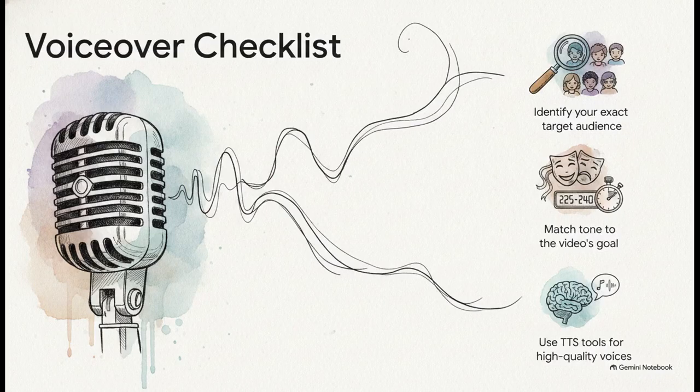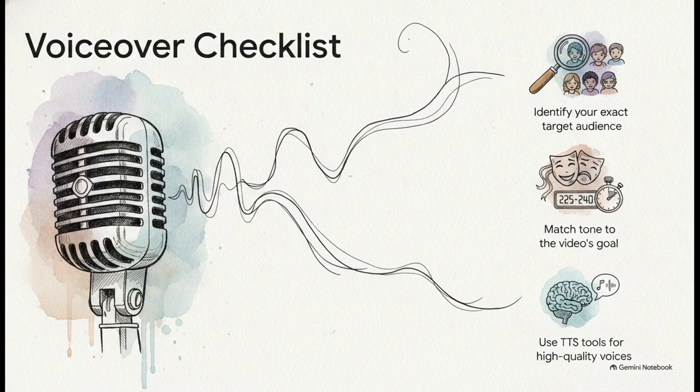So, before you hit record, here is your voiceover checklist. Number 1, identify your exact target audience. I mean, are you talking to corporate software engineers or a room full of kindergartners? You've got to match your tone to the goal. Next, do a little bit of math. For a standard 90-second explainer, you're aiming for a script of exactly 225 to 240 words. And hey, if you aren't a professional voice actor yourself, do not stress. AI text-to-speech tools like Speechify or 11 Labs have these massive libraries of totally customizable, incredibly natural-sounding voices that can